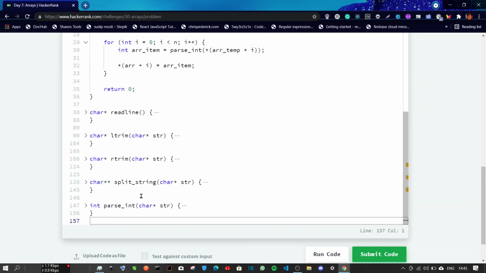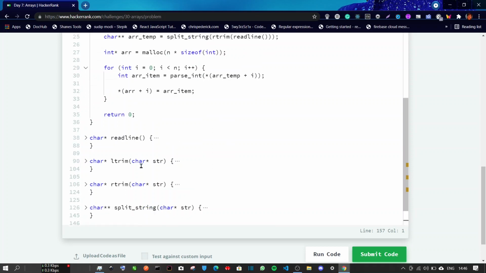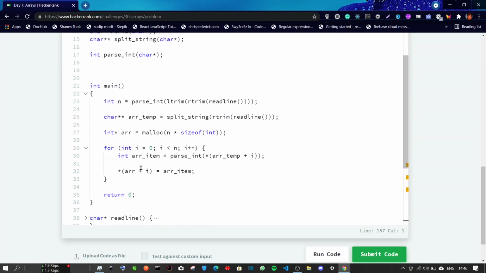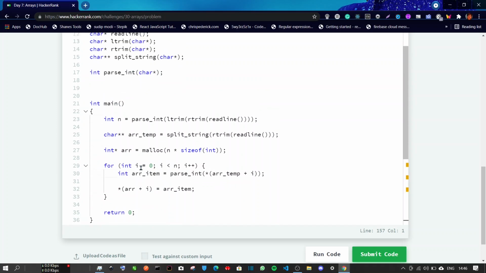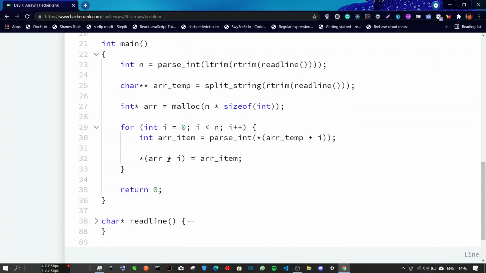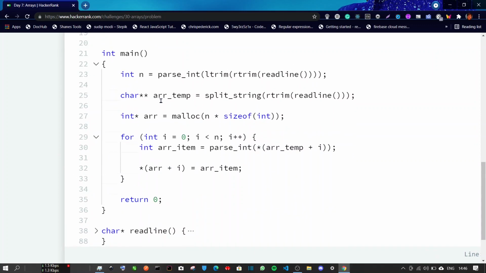All these 5 functions that are already declared, we do not need to understand how they work. We just need to understand what they do and how we are going to use them. So all of this doesn't matter. We'll focus mainly on this main function part, and we'll start with the code here.